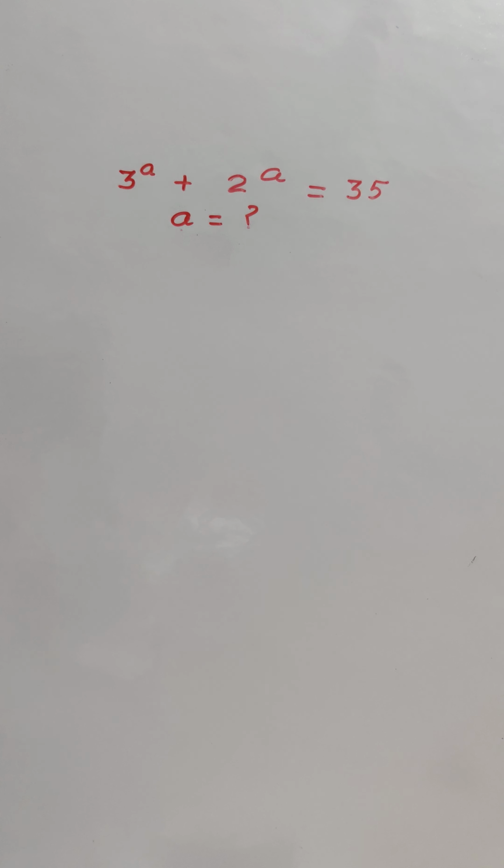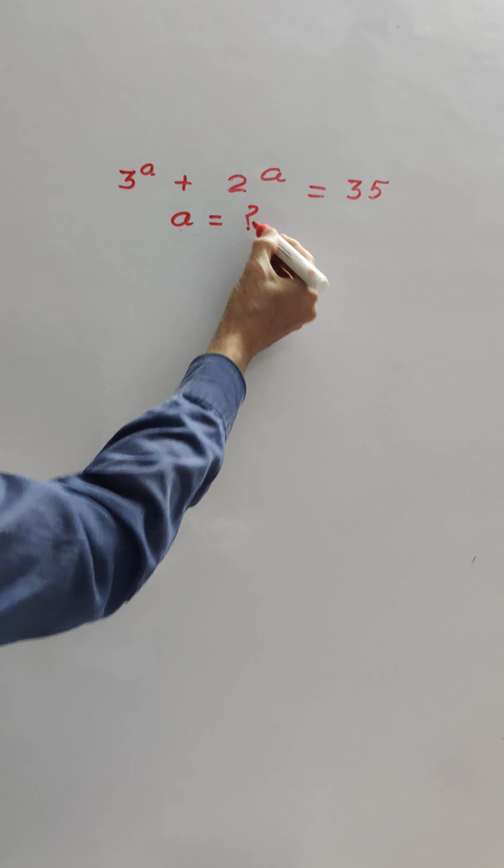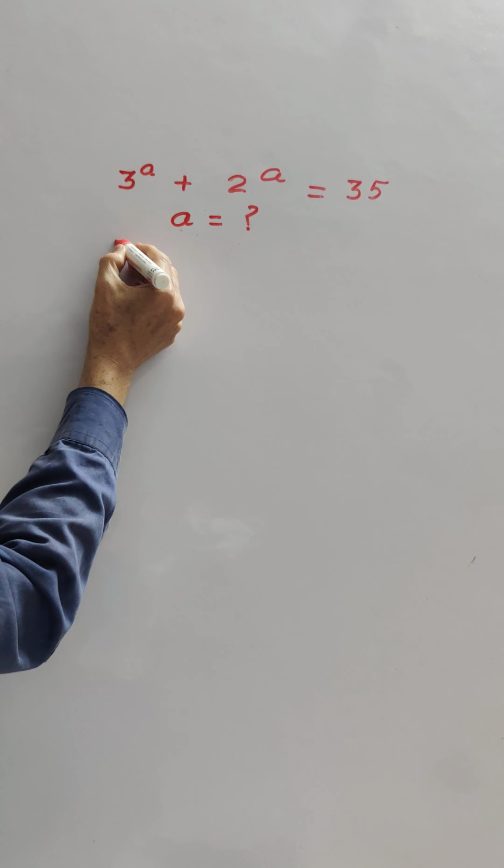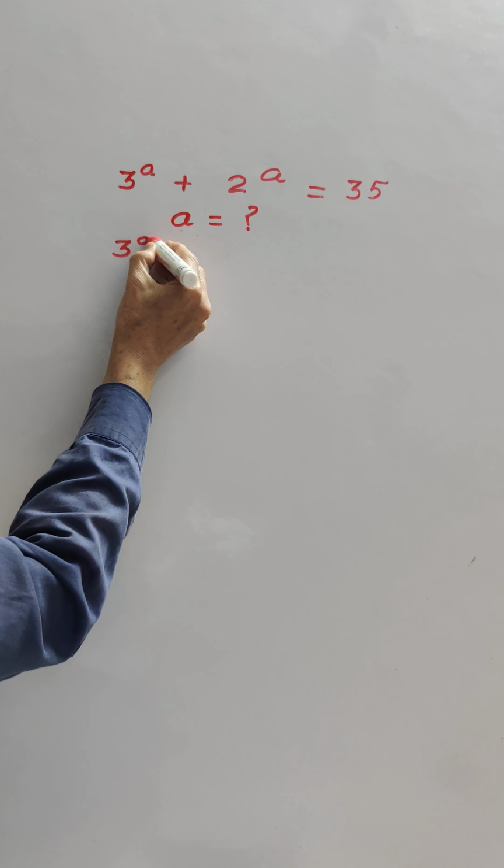Hello friends, there is an exponential equation 3 power a plus 2 power a is equal to 35. ये एक एक्सपोनेंशियल इक्वेशन है 3 power a plus 2 power a is equal to 35 and we have to find the value of a. So 3 power a can be written as 3 power a को हम इस तरह से लिख सकते हैं 3